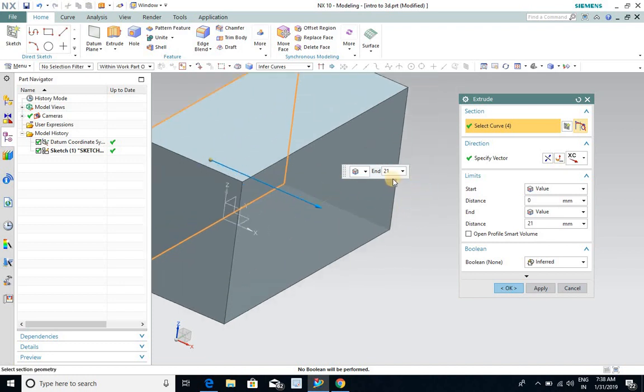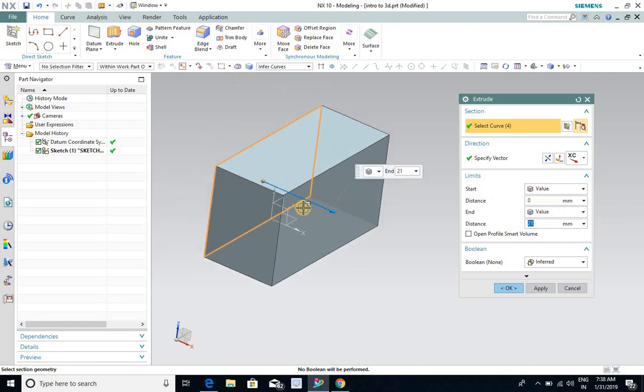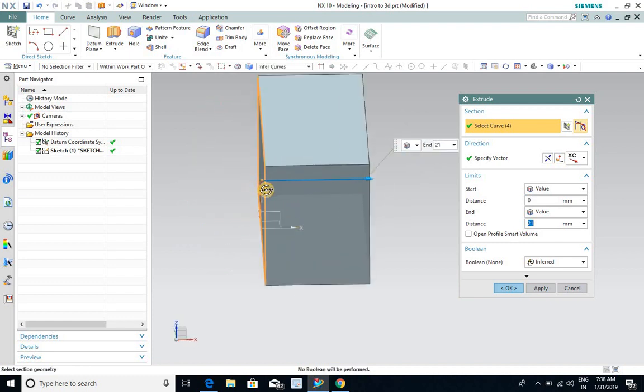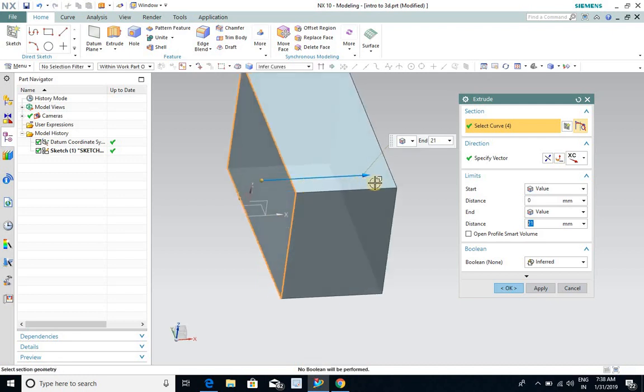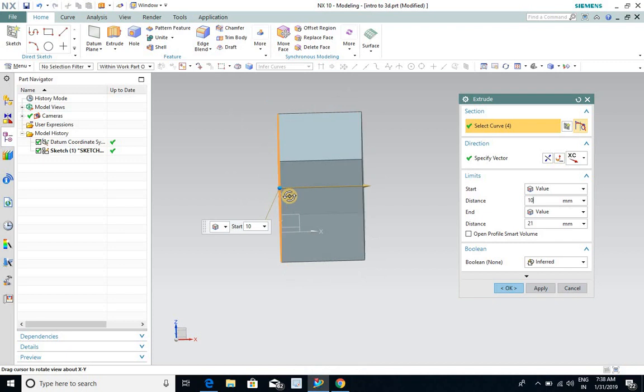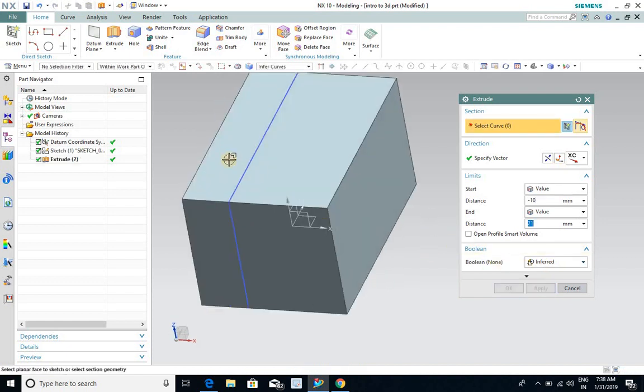After that, this option defines up to which limit you want to extrude your model. This is about 21. You can define its limit as 20, 19, 25, anything you want. And next, start limit and end limit. What's the meaning of that? Start limit means your sketch is placed here and your model is extruding forward of your sketch. If you want to create it at some distance backward, you have to define minus 10 for creating in the negative direction. You can click on apply, and it will be created in the negative direction also.